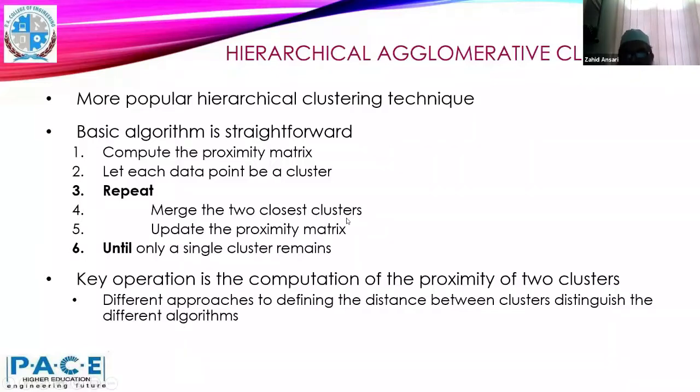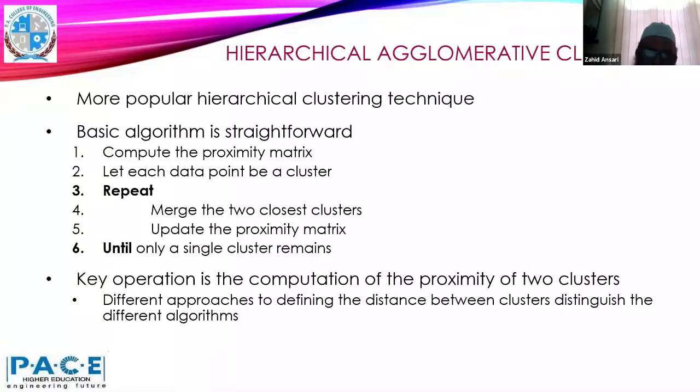So far, we know the closest points. Between two points, based on a dissimilarity measure such as Manhattan distance or Euclidean distance, you can find out which two points are close. But here we need to find out which are the two closest clusters, because the clusters may have multiple points too. So how do we find the closeness, the dissimilarity, or the link between the clusters?